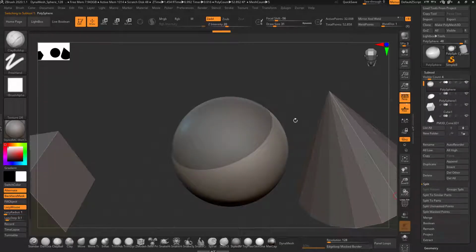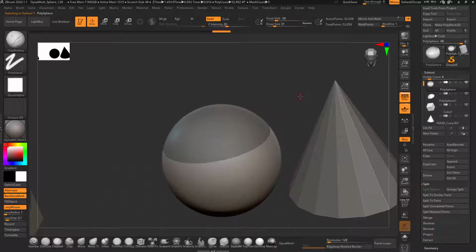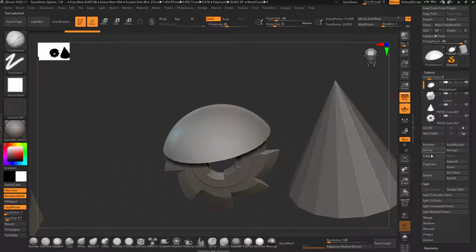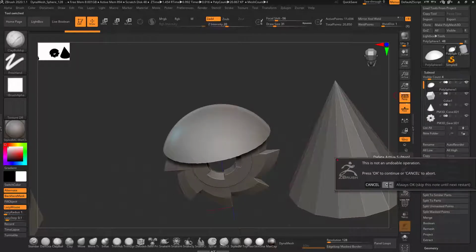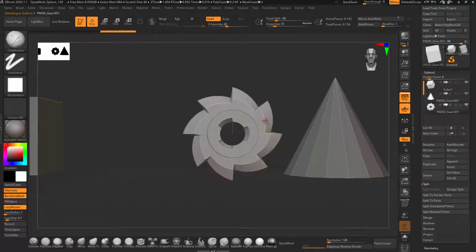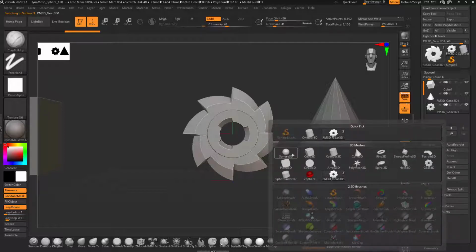So this is split, and if you want to merge two objects, I will delete this. I'll click OK, and click OK again to delete the sphere. Now if I want to add or merge something into this gear, I'll first insert an object.